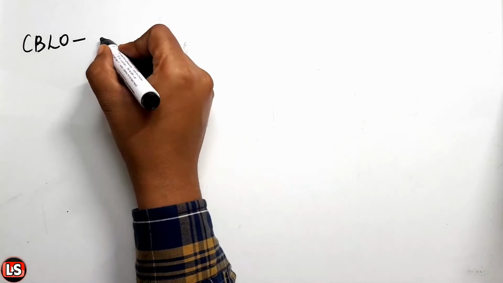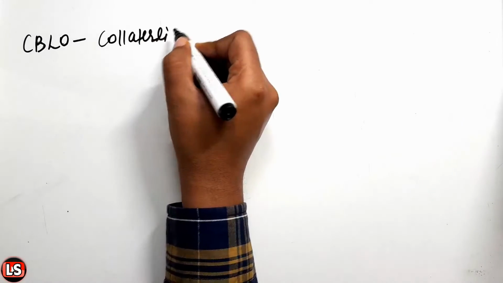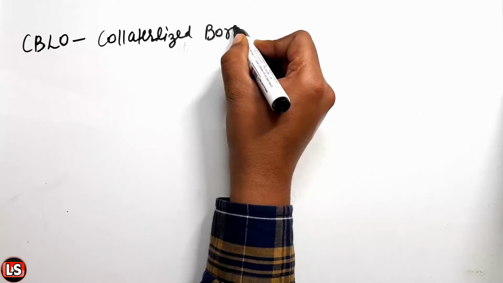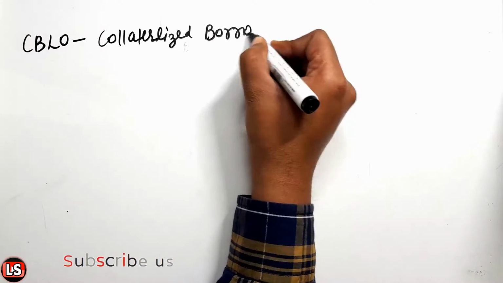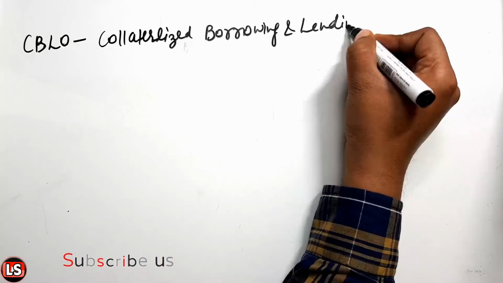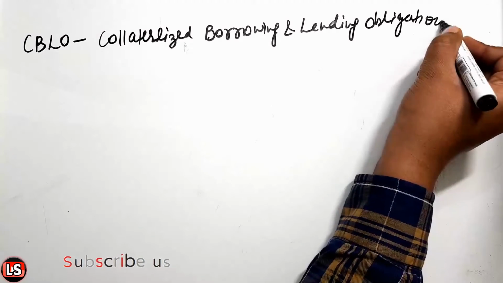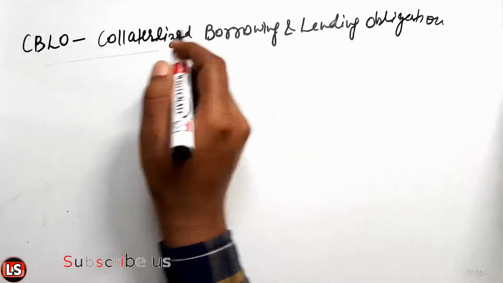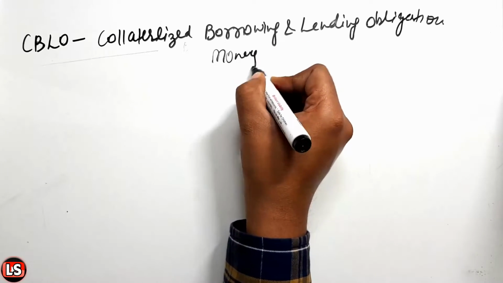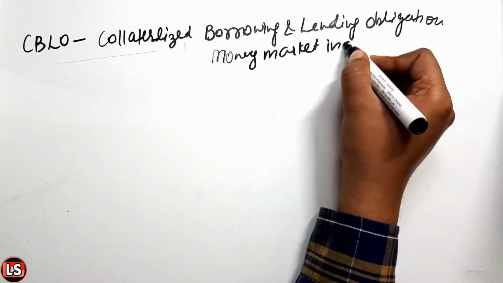CBLO is collateralized borrowing and lending obligation. So basically, what is CBLO? CBLO is a money market instrument. This is a money market instrument